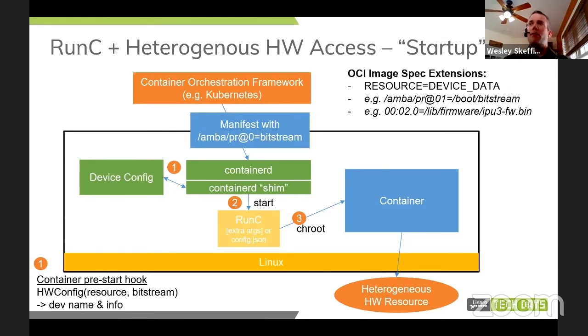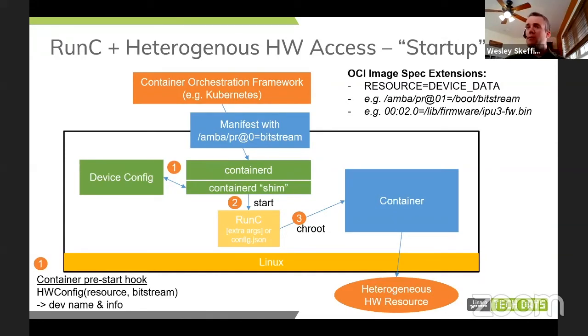containerd would then know how to unwrap that and work with the device-specific configuration triggered based on that resource metadata hook. The device configuration block would then take care of the device-specific functionality to get that resource and bitstream loaded into the system, and then return that device name and any other associated information to the shim that can be used by runC to actually stand up the container and expose the associated hardware resources that that container is going to access.